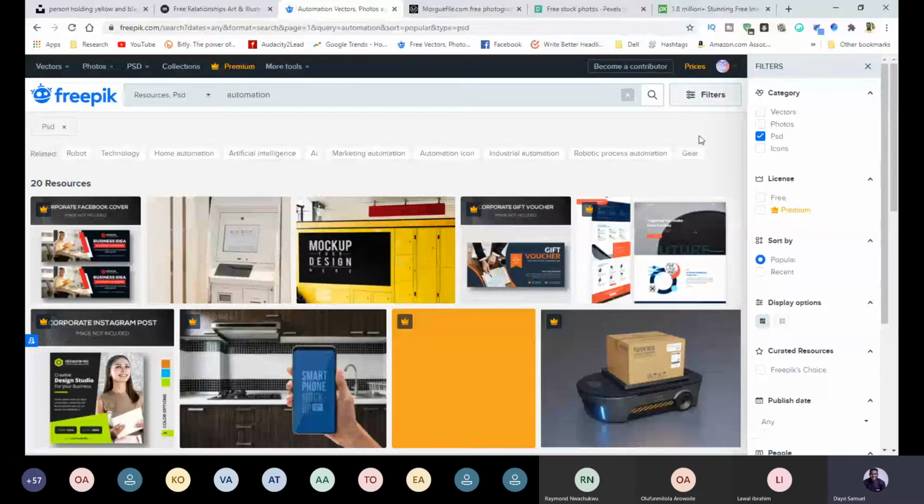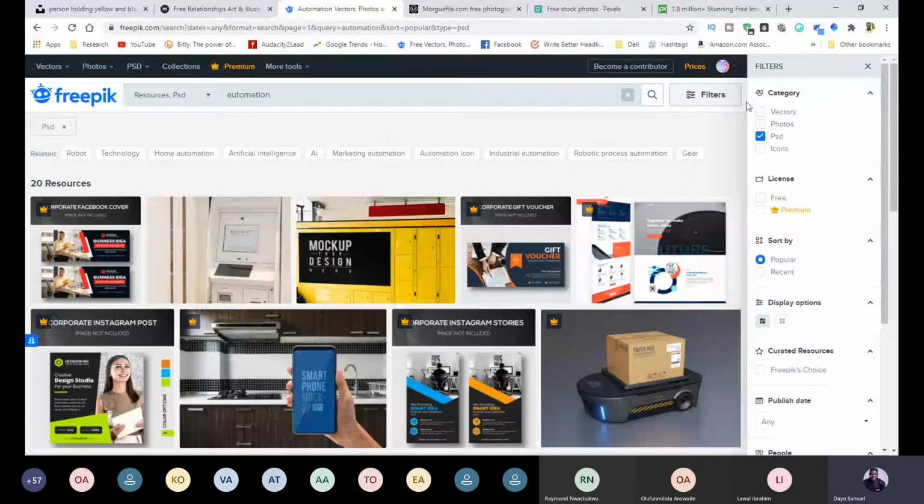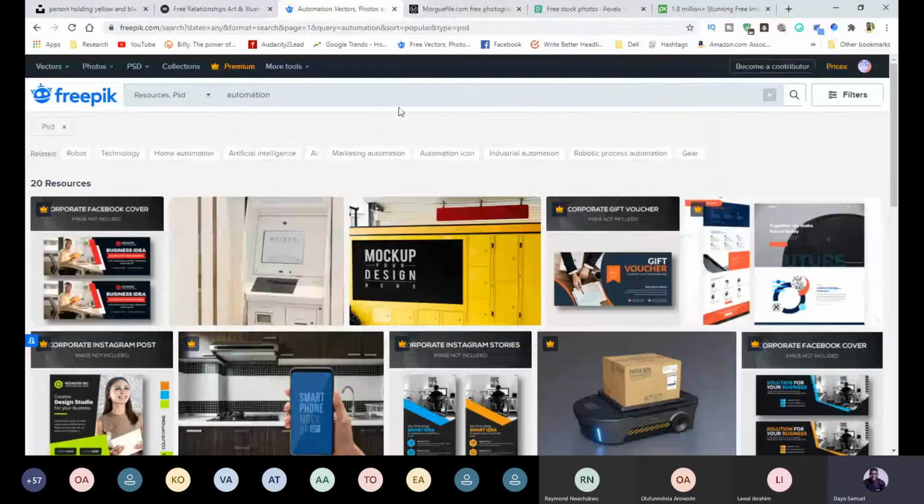And you can also choose icons as well. So you can choose icons, you can choose anything. That's the second, that's going to be the third way to get fast. The fourth will be Morgue file. And the Morgue file is called